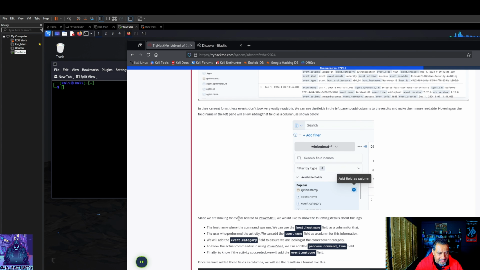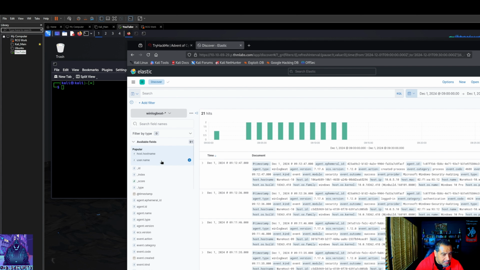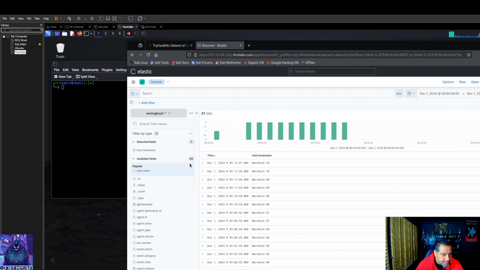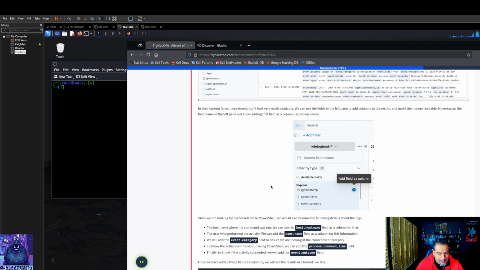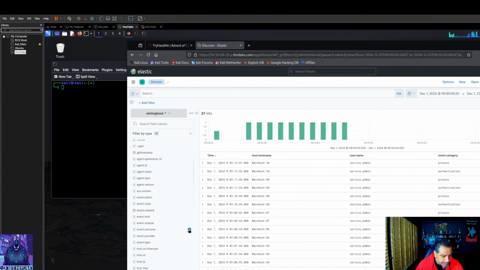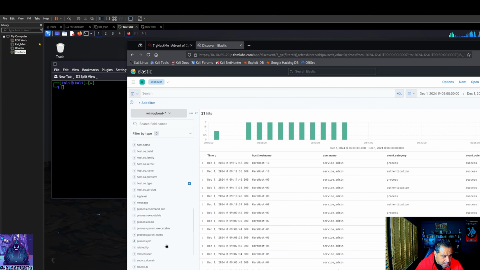Since we are looking for the events related to PowerShell, we add hostname, username, event category, process command line, and event outcome. Hopefully it doesn't have to be in that order. All right, there we go.